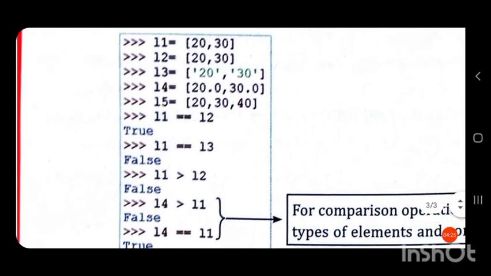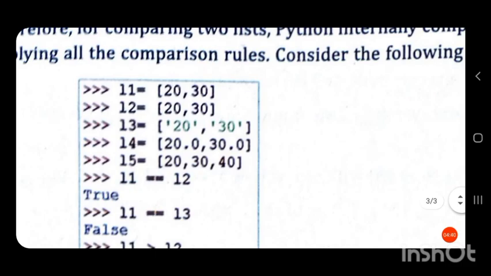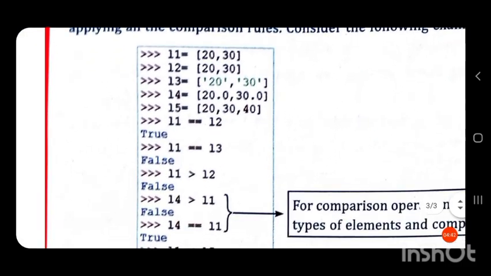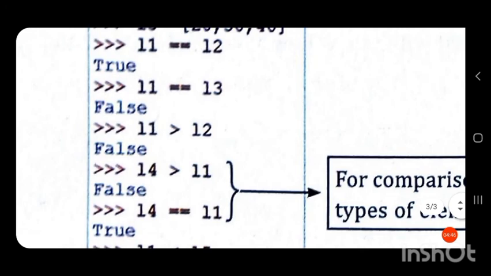Next, L4 greater than L1. L1 and L4 contain the same values, but one is an integer and the other is a floating point, and the values representing both numbers are the same. So L1 is also equal to L4. So it returned false for L4 greater than L1.